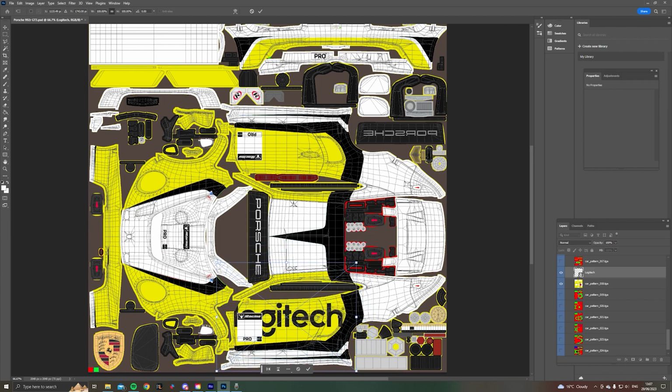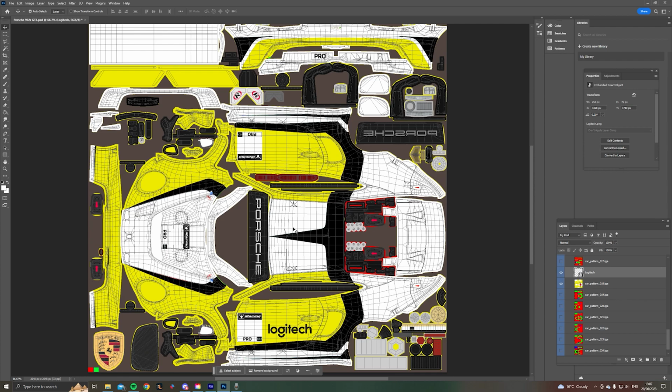So we're going to make it a little bit smaller obviously so we can see it on the door panel here. So we've got Logitech there, and we're going to tick that, and to mirror it on the other side I do it this way. So I select the logo, Control and C to copy, Control and V to paste, and then if you have the move tool selected again,